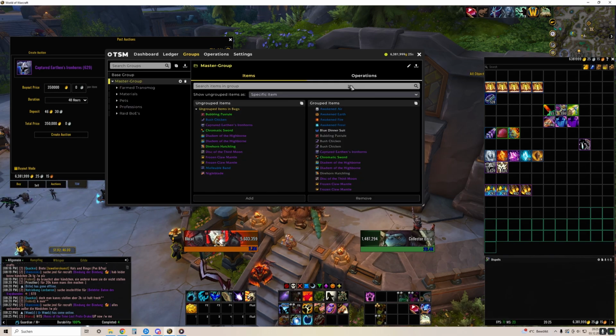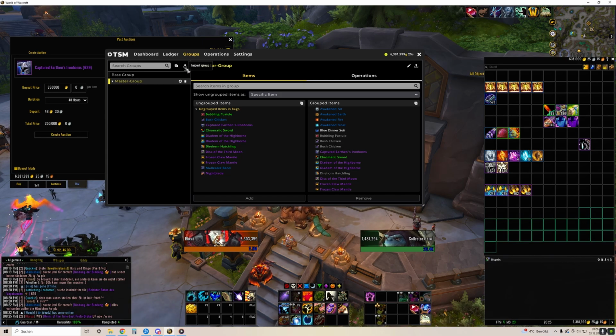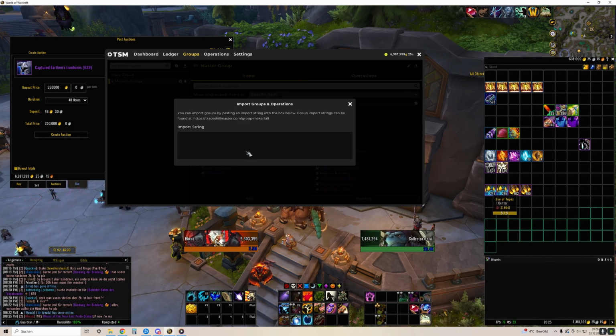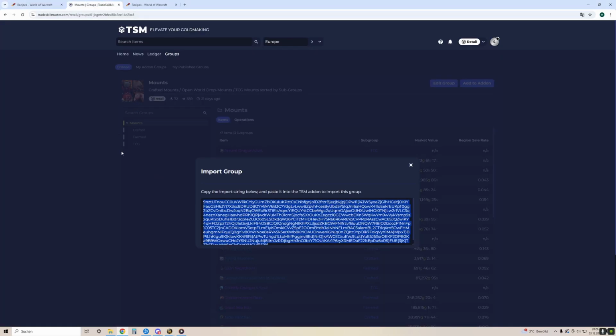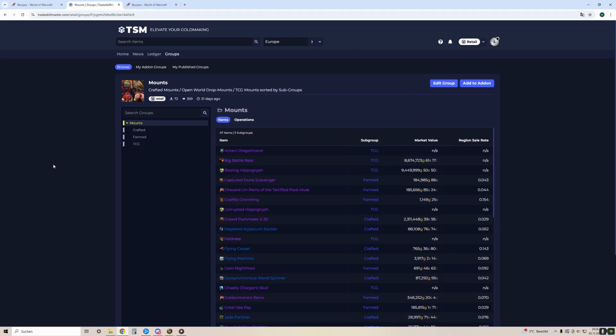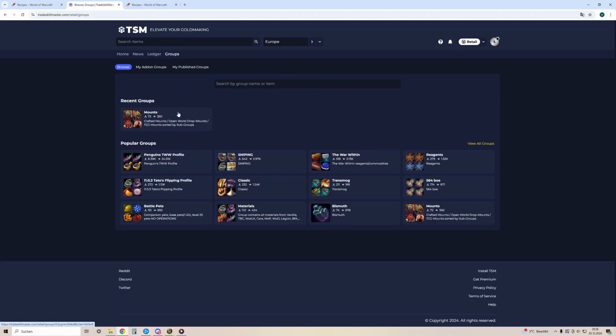You could exclude operations or exclude also the custom sources in there. But you could also import item IDs or pre-made groups from other players. So for that we will move to, first of all, the TSM Groups tab. If you are on the TradeSkillMaster website, you click on the Groups tab, and here you could search for